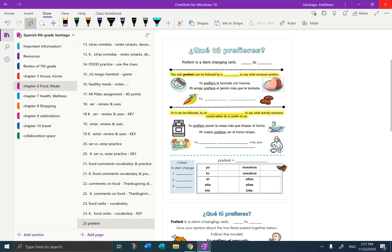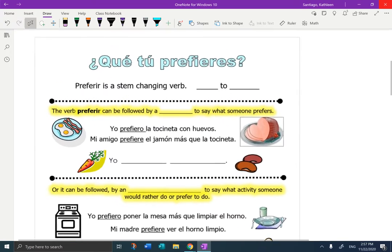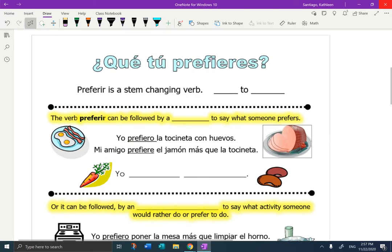So I am in your OneNote chapter 6, page 25, preferir, and I'm going to eliminate the table of contents and make the page big. So you can see right up at the top, ¿qué tú prefieres? So if we're looking at the verb preferir, and you look at the whole verb, preferir,